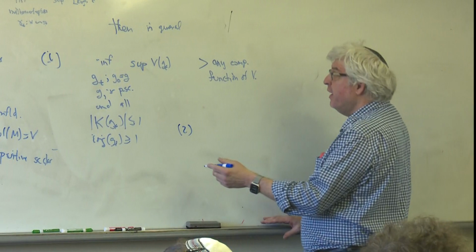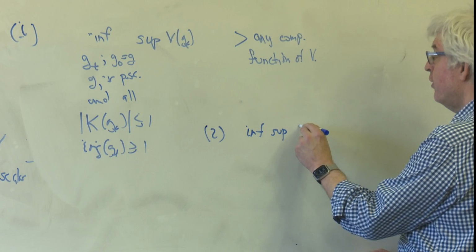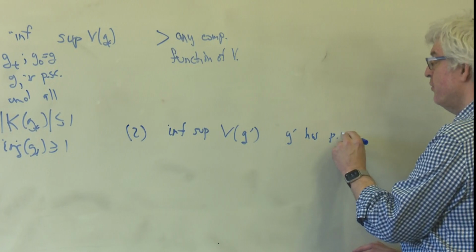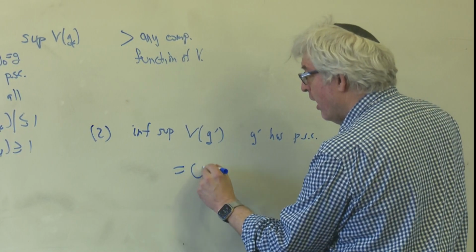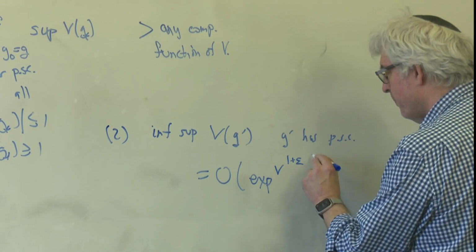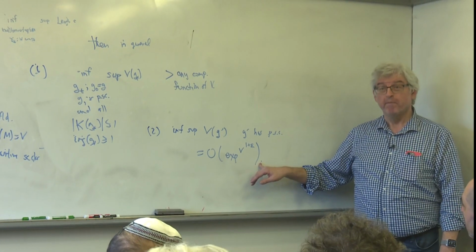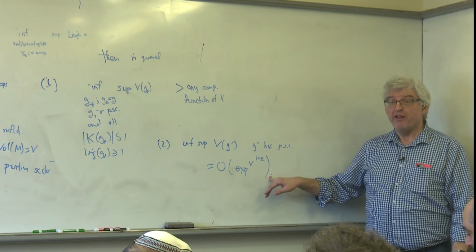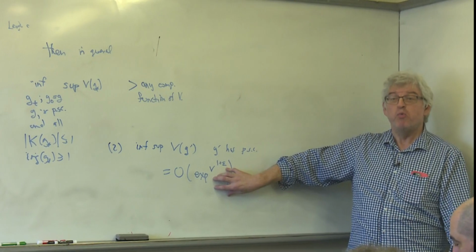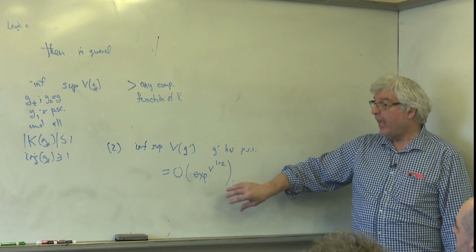the statement is that inf sup of V of G prime, such that G prime has positive scalar curvature, is O of exp of V to the 1 plus epsilon. Okay? That there always is some metric on M that has positive scalar curvature, where the volume isn't too big. And again, I have no reason to believe that the truth here isn't linear in V. Okay? And